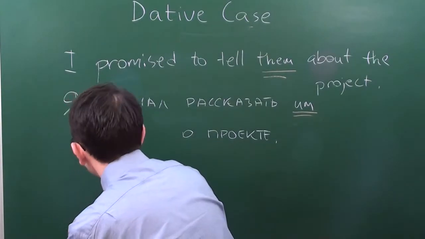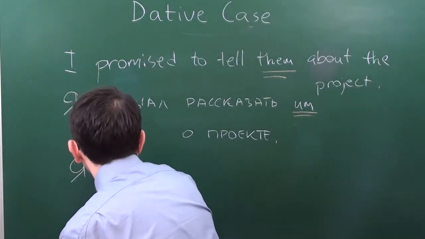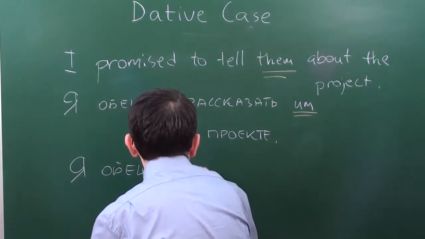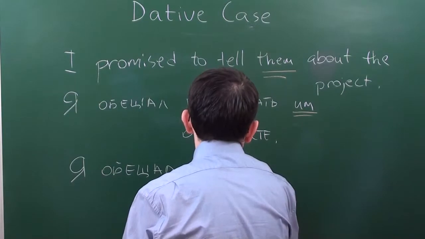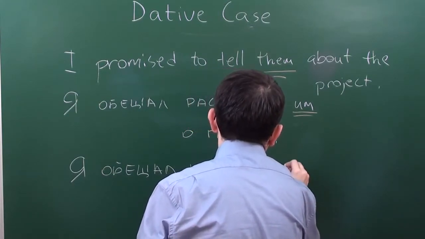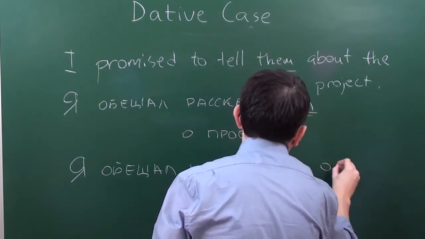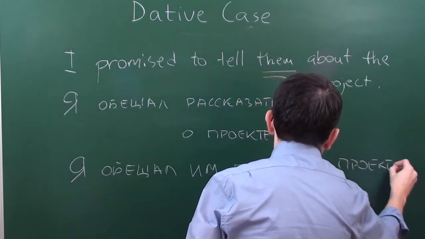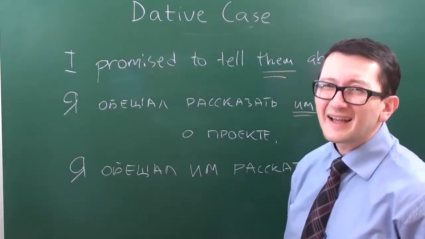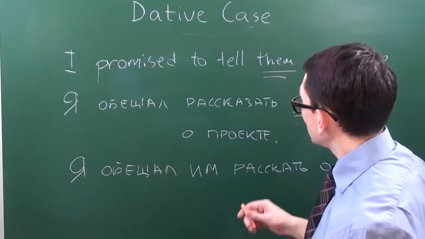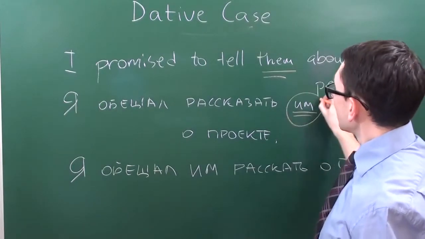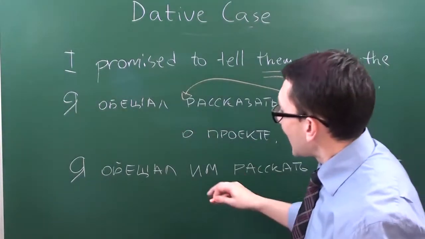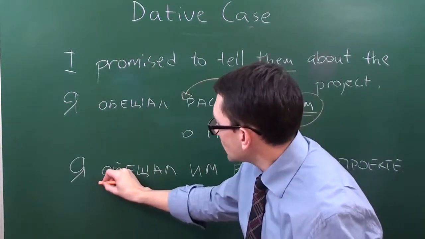Okay? Let's say я обещал им рассказать о проекте. So what do I do? I actually changed very little. I just took this personal pronoun and I replaced it to another place. Okay, I replaced it over here. And what do I use? I use